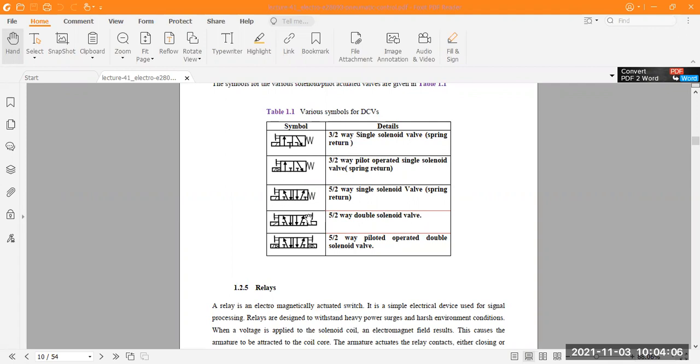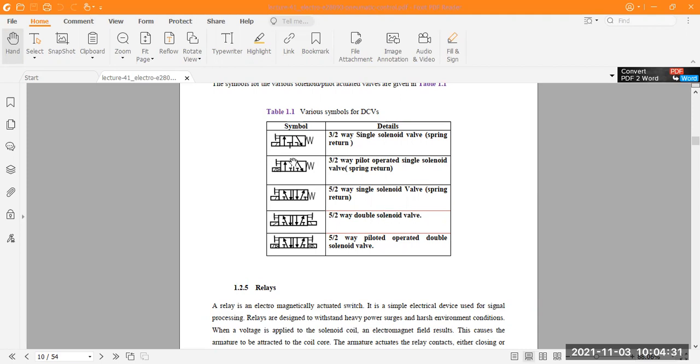These are the 5x2 valves. This is the 5x2 single solenoid valve, spring return type. This is the 5x2 double solenoid valve. Here you can see these two types. This one is a double solenoid valve, but in these cases they are single solenoid valves, where this part is closed.